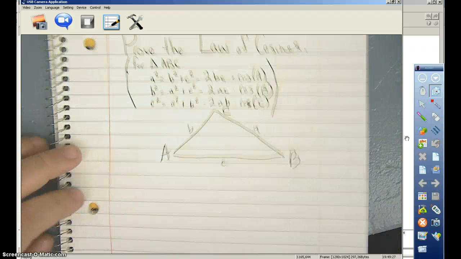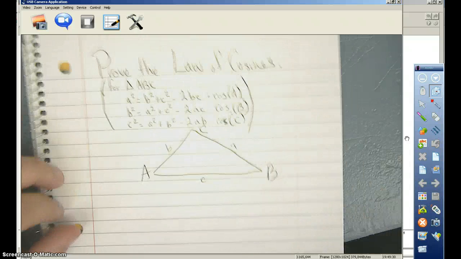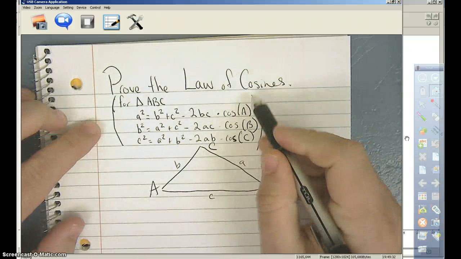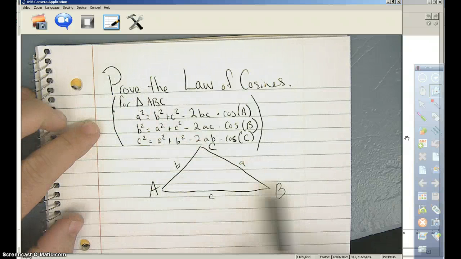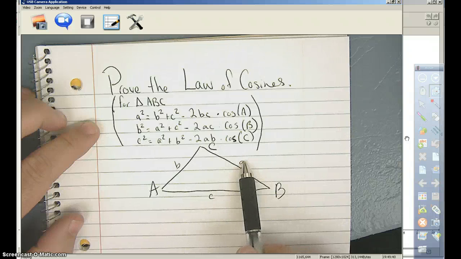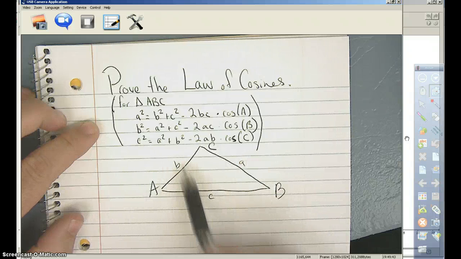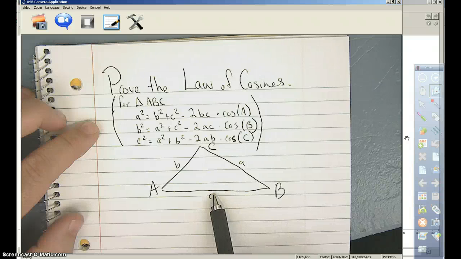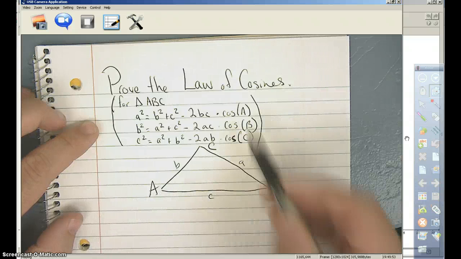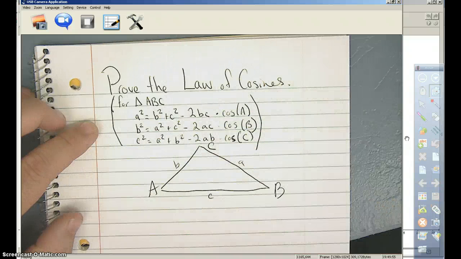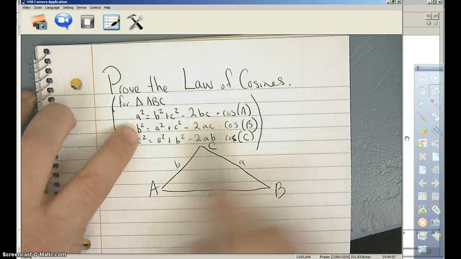Okay, so we're going to prove the law of cosines. What the law of cosines says is that for triangle ABC, little a squared is equal to little b squared plus little c squared minus 2 times b times c times the cosine of A. And then of course we repeat that for each of the other sides, switching out,